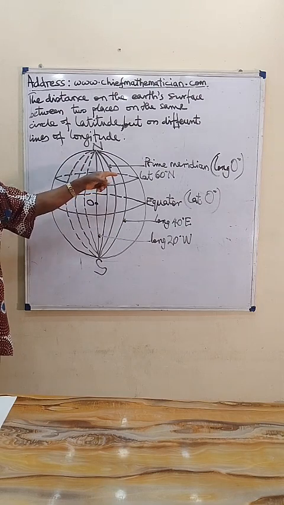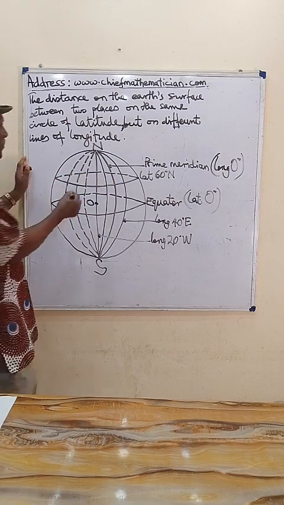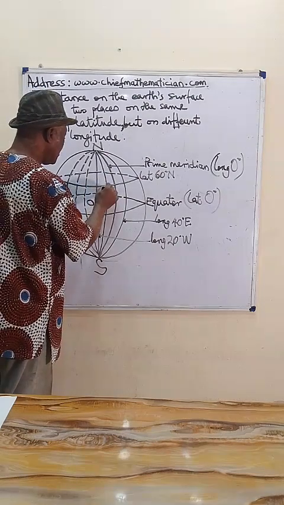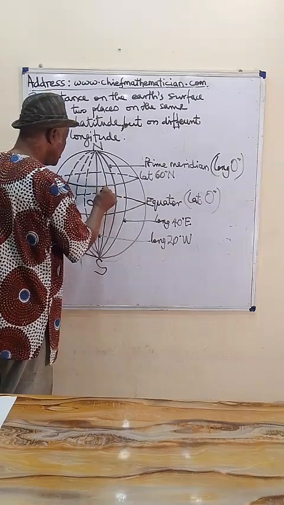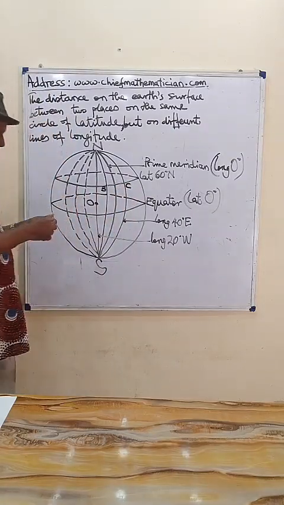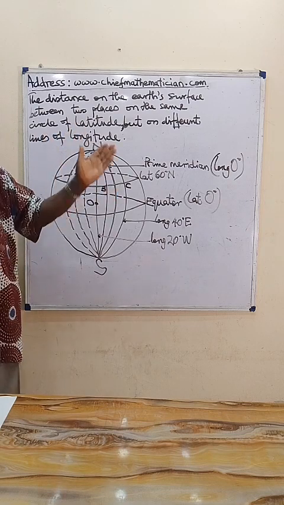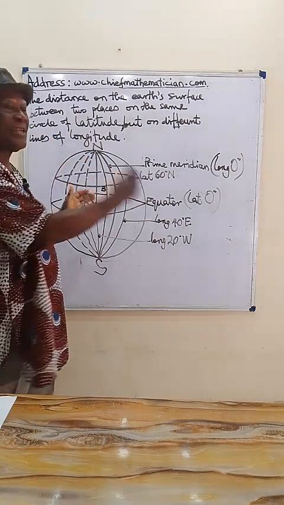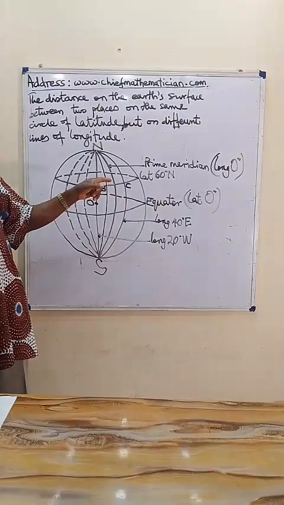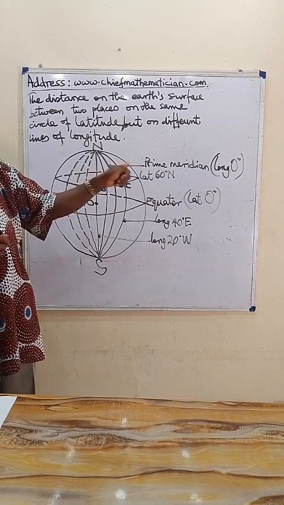They cut this latitude at 2 points, which we shall again show with B and C. The lines of longitudes 20 degrees west, 40 degrees east, see where they cut the circle of latitude 60 degrees at the points B and C